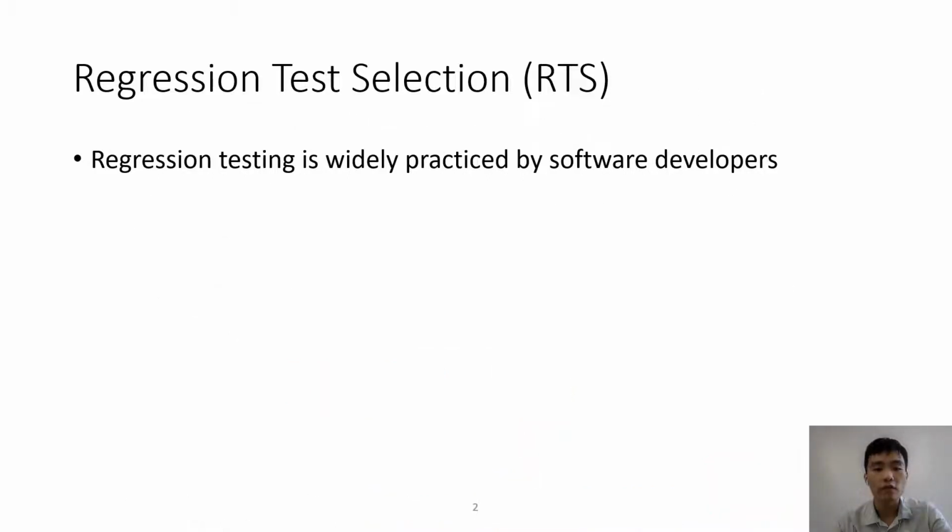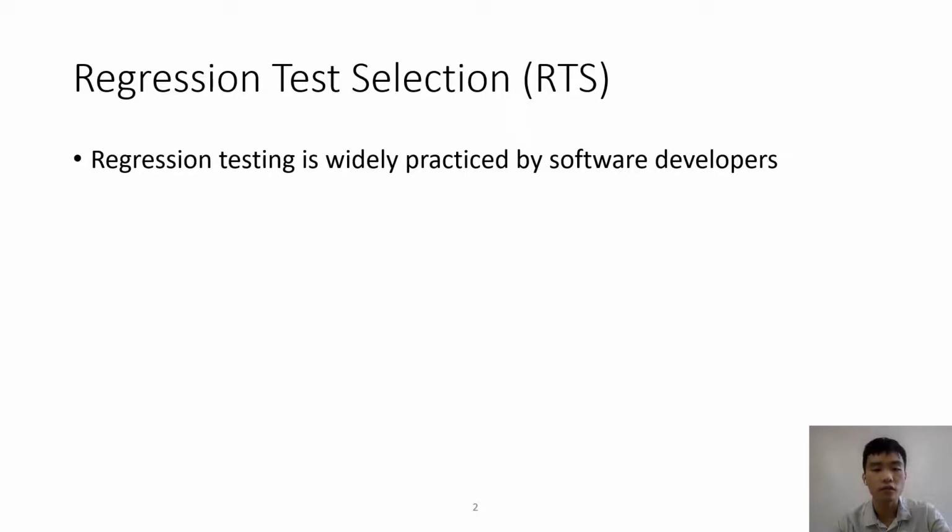Software developers write tests to check software correctness. Regression testing is rerunning tests to ensure that previously developed and tested software still performs correctly after code change, which is widely practiced by software developers. While regression testing is important, it is also time-consuming due to the number of tests and the high frequency of